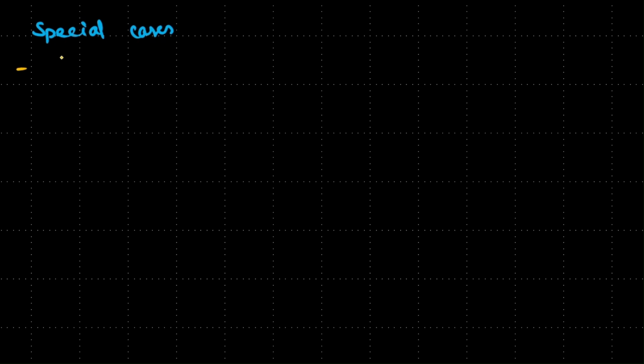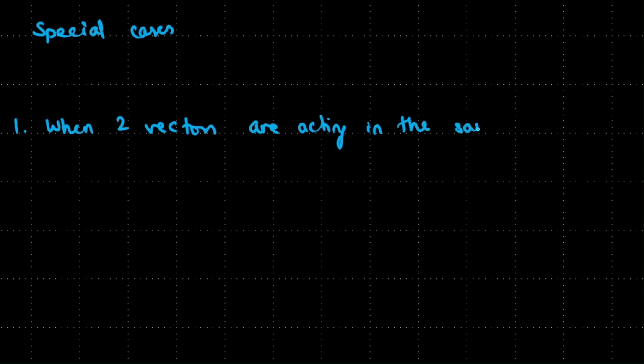But let's see the cases. So the first case that we're going to see is when two vectors are acting in the same